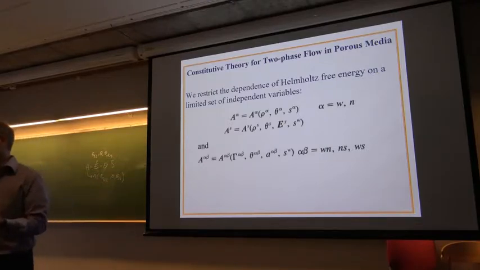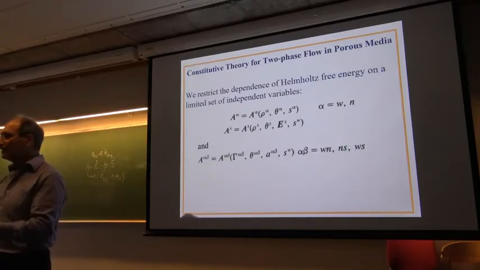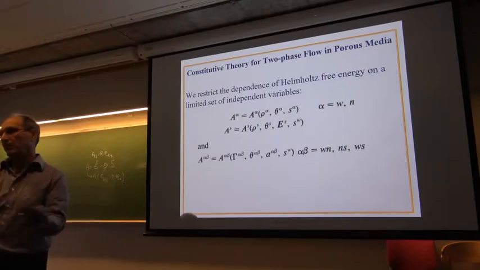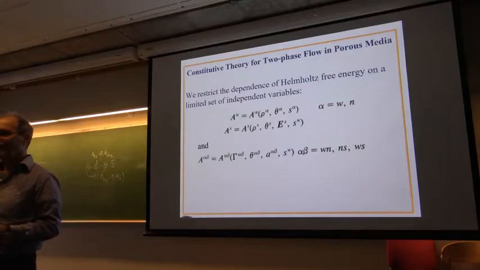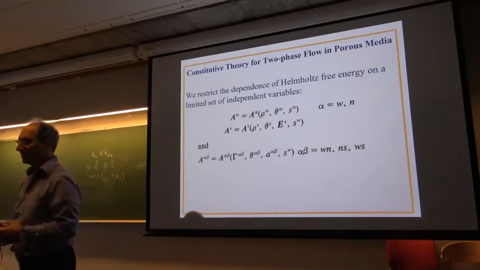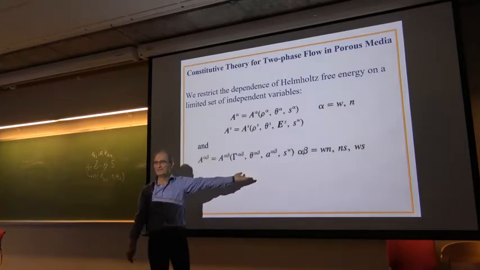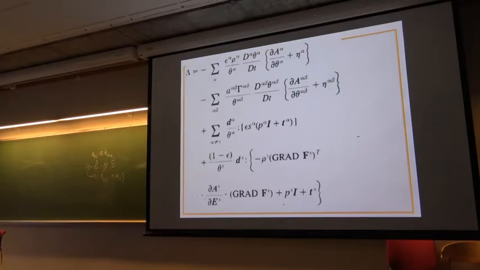The axioms are not laws, and you cannot prove them. You cannot disprove them. For example, the axiom of objectivity. We agree together that the behavior of a material must be independent of the observer. No, but it's a bit like with Euclidean geometry, where you have the axioms of Euclidean geometry, and in some cases you need something else as well. Right. And that's why here I say, okay, I select one of my axioms and I'm happy with this limited set of dependencies for the free energy.